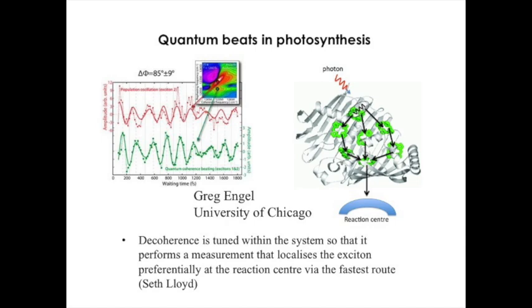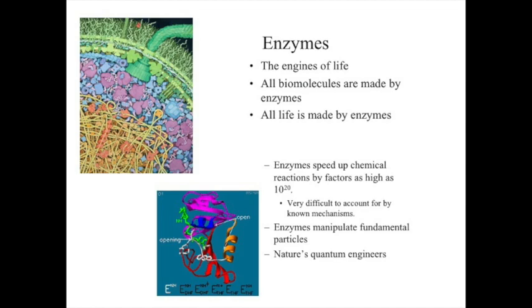But the proteins that we saw, these are in photosystems. If we look at this, most of what you're seeing here is protein. Those proteins and the pigment molecules are made by enzymes. So the other side of life is enzymes. And what is known now is that enzymes are the engines of life. As any biochemist in the audience knows, all of the biomolecules in every living organism have been made by enzymes. Enzymes make everything. They're the engines of life. They make all our biomolecules.